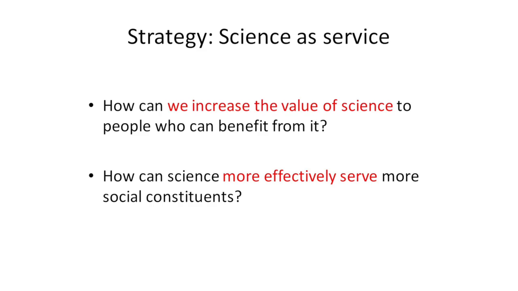There's lots of competition for the resources that are now delivered to science, and if science isn't a better way of knowing in some context than less expensive kinds of information, like all the stuff on the internet, then it's a little harder to make that case. So I like to ask the question, how can we increase the value of science to people who can benefit from it? And how can science more effectively serve social constituents? And these aren't just for each other. My career has evolved in certain ways. I now spend a lot of time this far from presidents and prime ministers and finance ministers, talking about social science and how it can help them improve service delivery and reduce poverty in their countries.